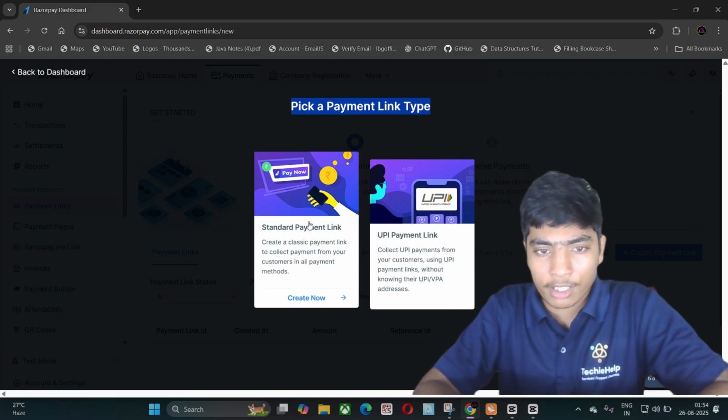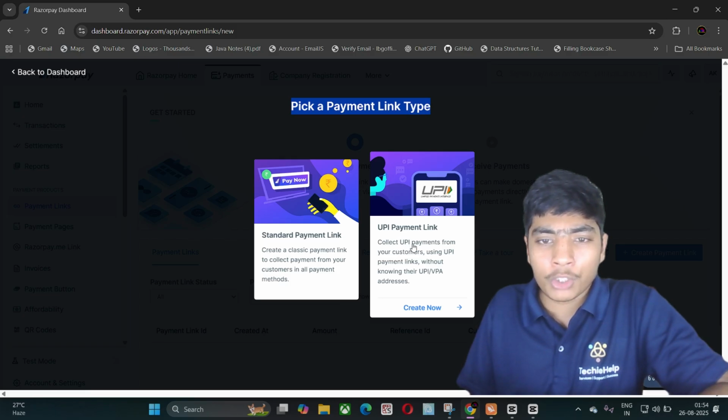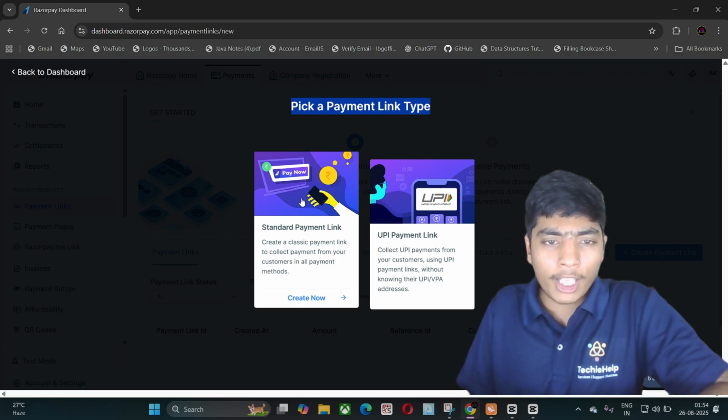And with the UPI payment link, you collect UPI payment from your customer without knowing their UPI VPA address. So we will first create our standard link.